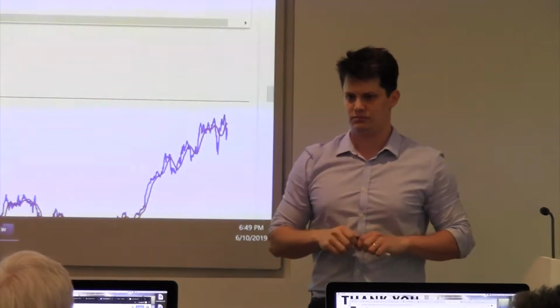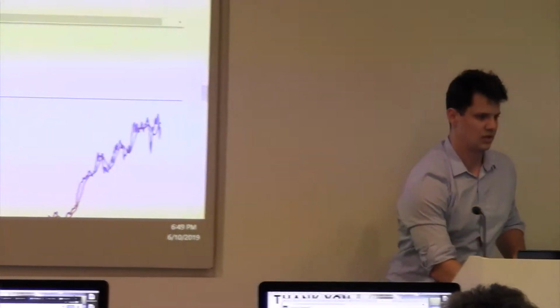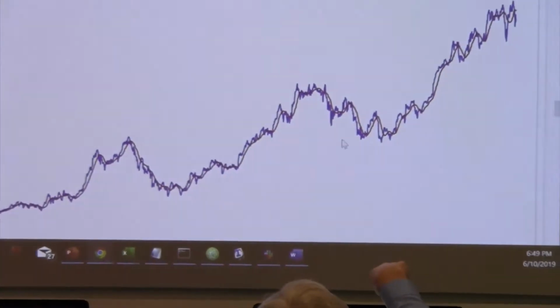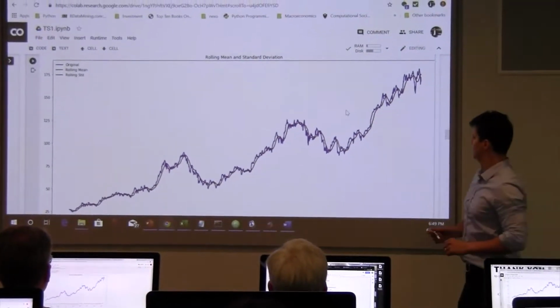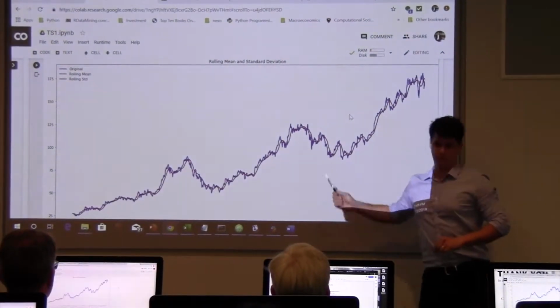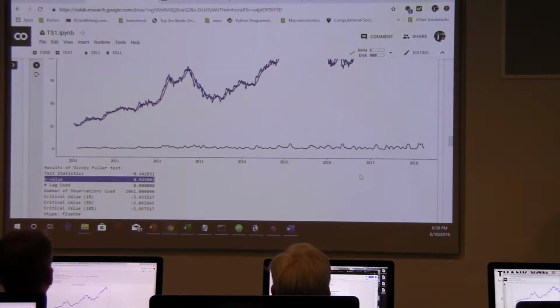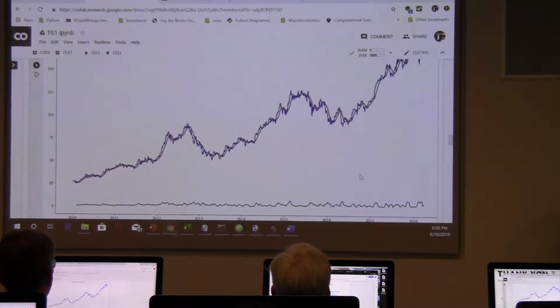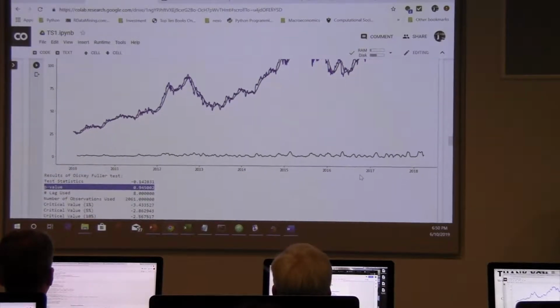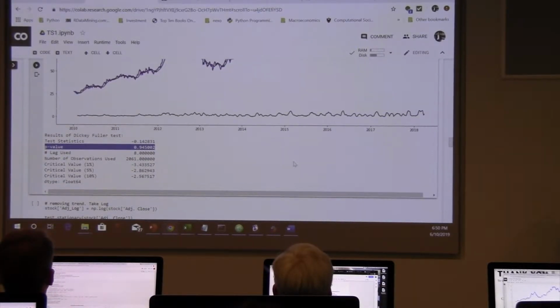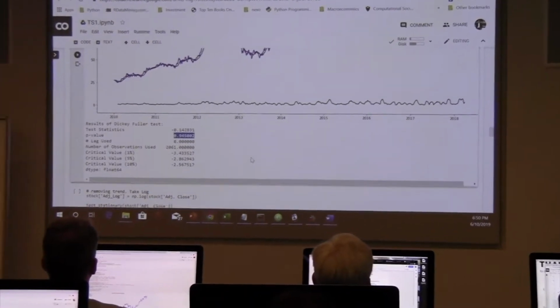So you have the picture on top and you have the picture down below. That's the raw picture. Is that the jitter around the red line? Yeah, so this is without doing anything. I'm testing if this series is stationary or not, and I find out that it is not stationary. That's the result here.